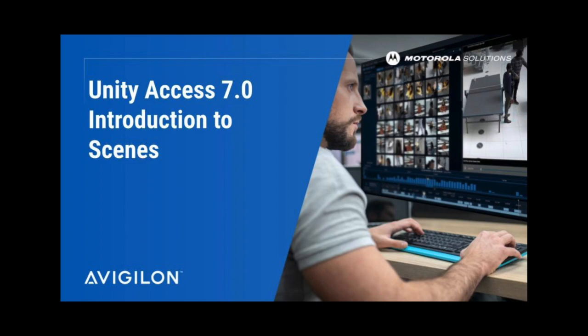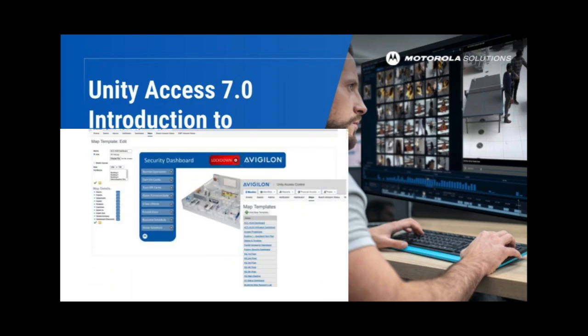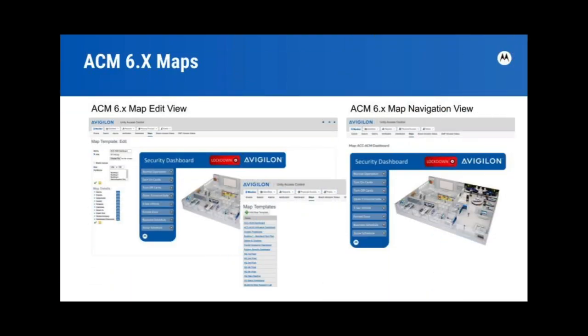In this brief video, we're going to introduce you to a new feature within Unity Access 7 called Scenes. As you may recall, in ACM 6 versions, we have maps that are supported. The maps can be used as things like security dashboards or two-dimensional floor plans,